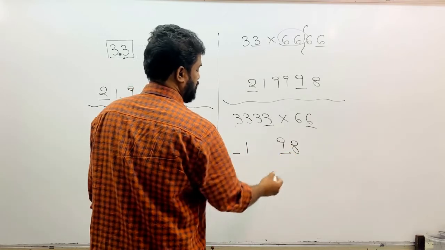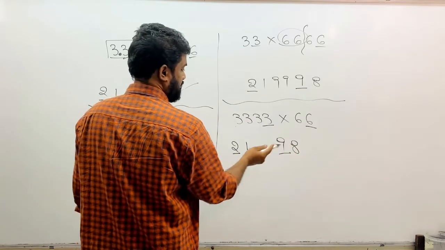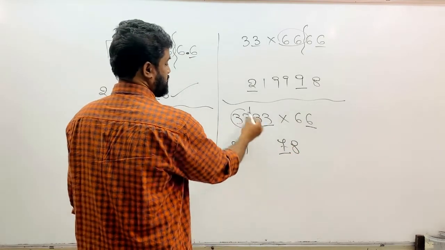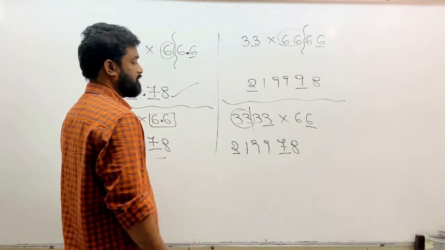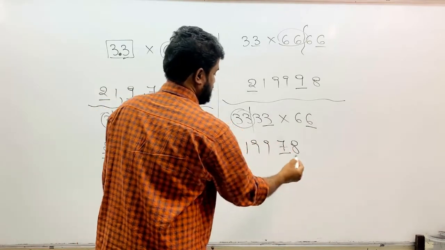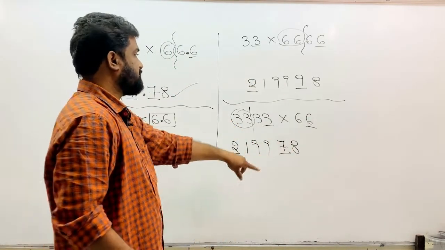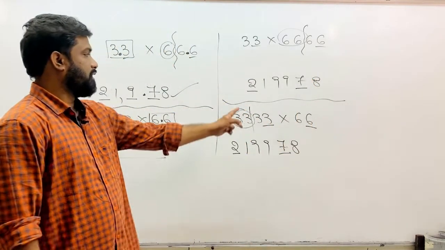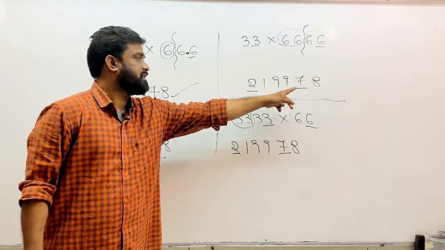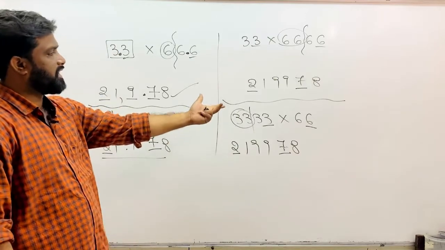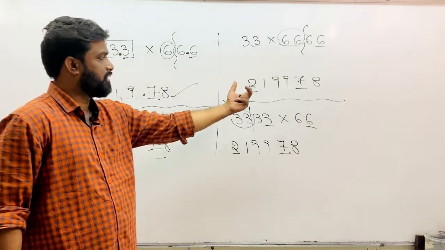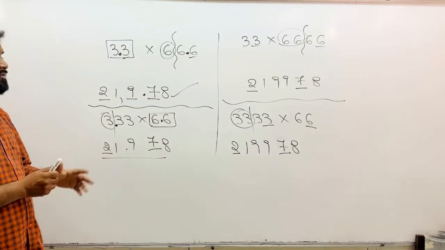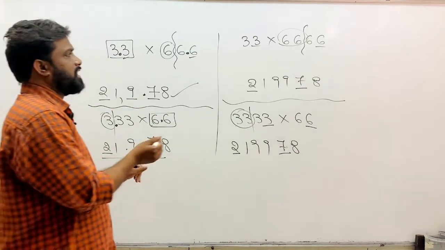So here one number more and here one number less, and here one number more. So how many extra 3s here you got? 999. So okay, so this is 7. So 2 1 999 8 2 1. I'm sorry, here I have to write 7. So here you have to write one number less, and here you have to write one number more. So both the cases you will get 219978, 219978.